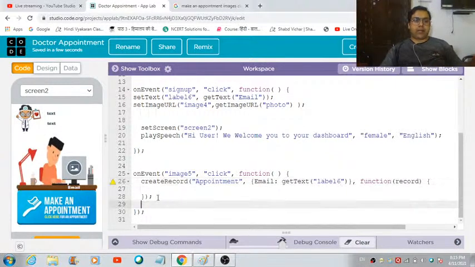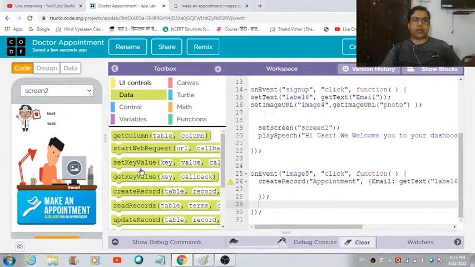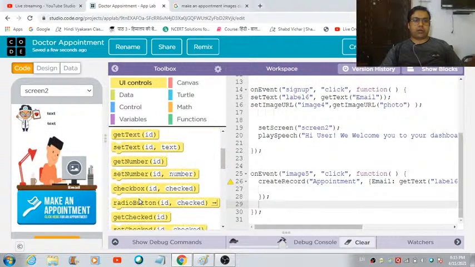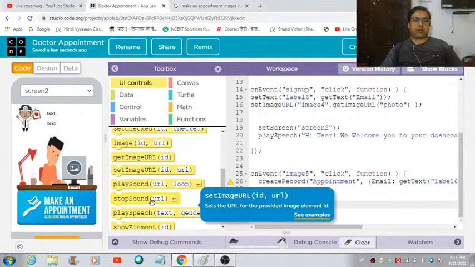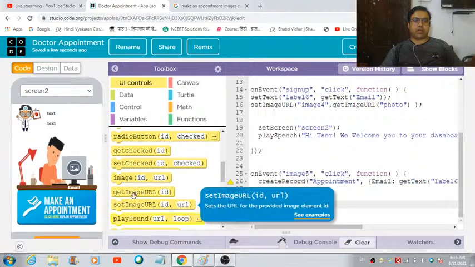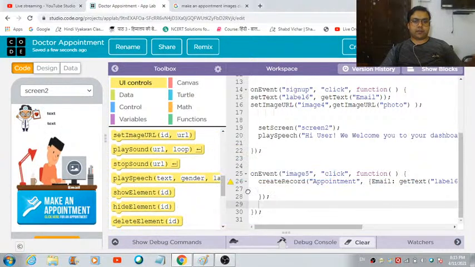Once the user is done with hitting this image 5 button, I would like the user to hear something from the background, something like this: